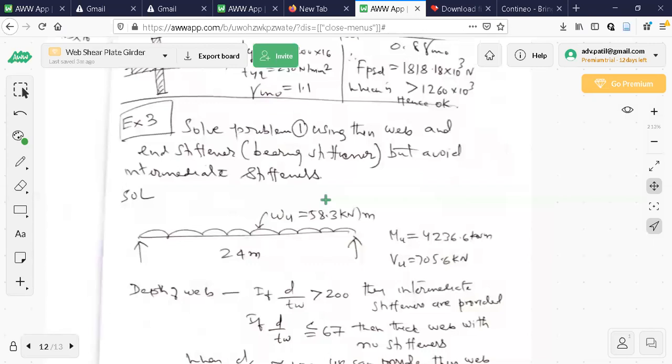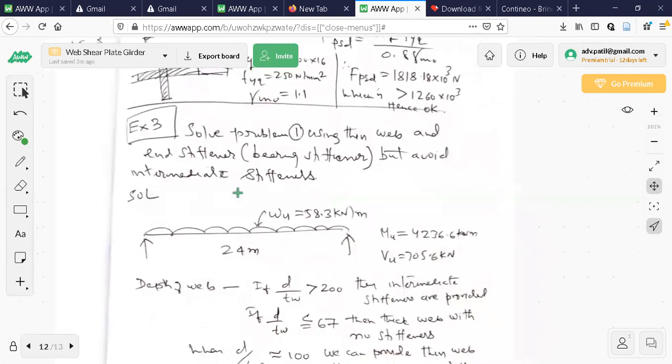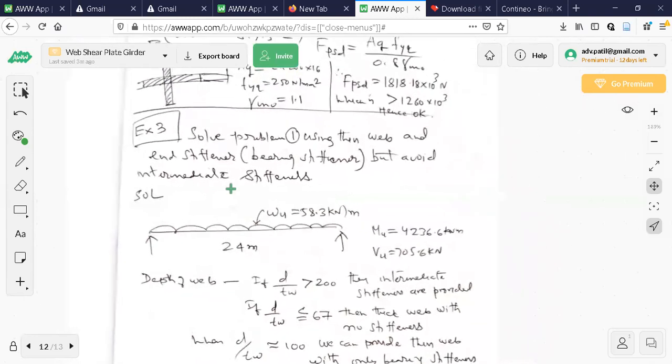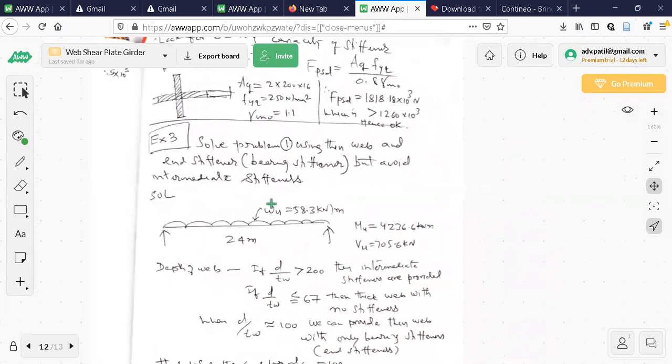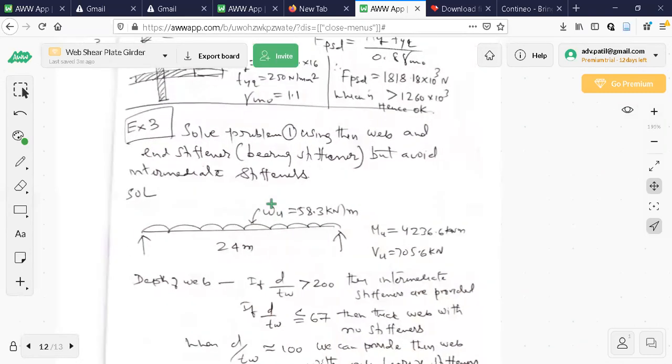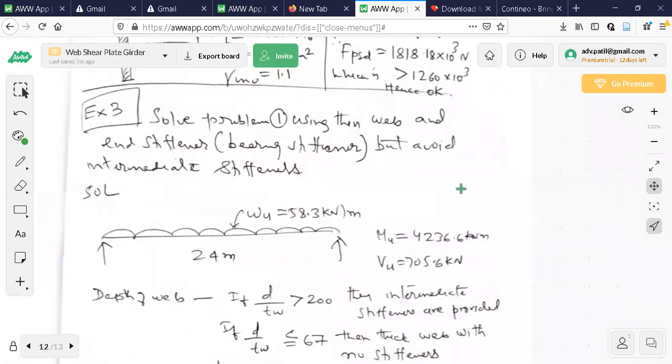That is why I am choosing a different problem for explaining different steps. The reason is, if I start solving the first problem only, stiffener is not required there. That is why I cannot do like that. In this way, we cannot teach steel structures. We have to use different problems, because the conditions where stiffeners are required are different. Anyway, I'll give one full-fledged example from the question paper. You try that one by my method, whatever method I am telling. It will be easy for you.